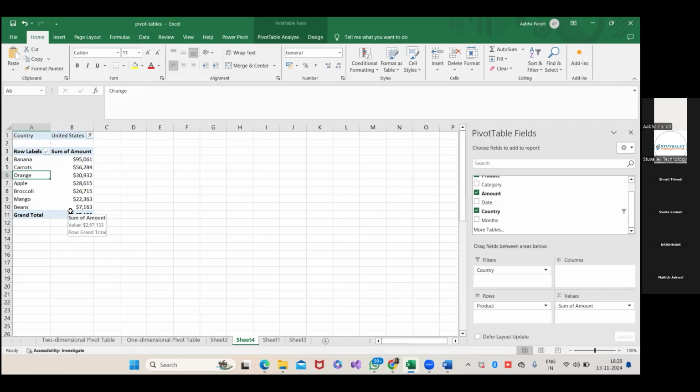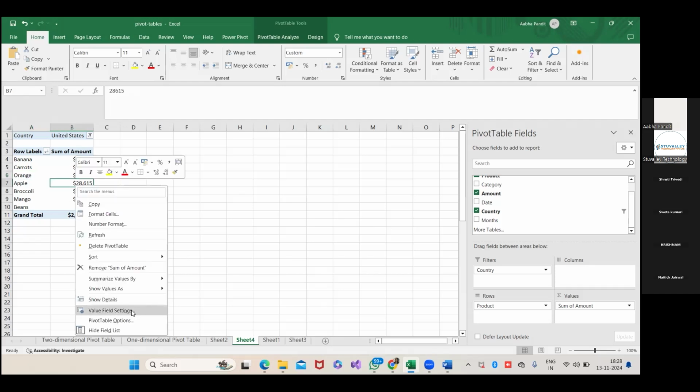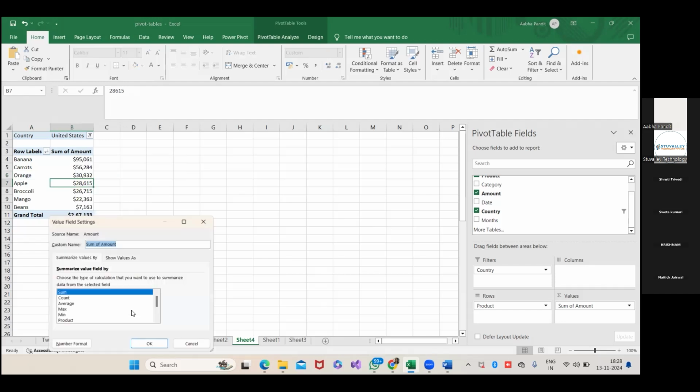And then you can also even count. Suppose you want to summarize your data by counting items, or change the type of calculation. That is also possible. How is it possible? By just right clicking, again value field settings option. Okay, in the value field settings option, you can go there and you can choose count. You can have average, as I told you, ना कि ये सारे functions भी हम apply कर सकते हैं. So we can have max, mean, everything like this. Is it clear?